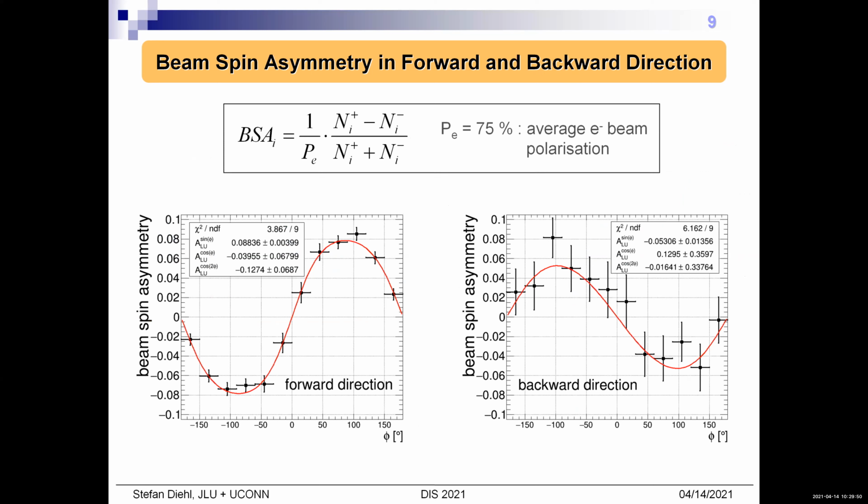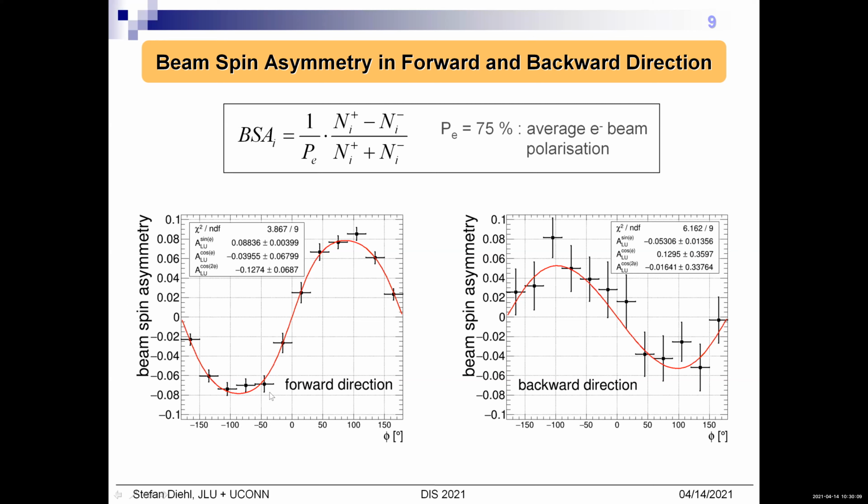Then let's come to the beam spin asymmetry. The beam spin asymmetry is defined as 1 over the average beam polarization times the number of counts for positive helicity minus the number of counts with negative helicity in a specific bin divided by the total number of counts in this bin. And when we now have a look on the beam spin asymmetry as a function of phi,